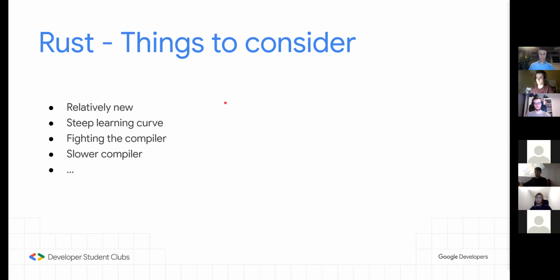Rust, however, has quite a steep learning curve compared to other languages, since it uses a different way of managing memory. And you will get into fights with the compiler while programming, since you think your code is valid, but for some reason it isn't. But luckily, you get helpful errors to explain what you did wrong. And compared to GCC or Clang, the Rust compiler, rustc, is still relatively slow. However, the compiler speed almost halved since 2017. So we're making good progress.